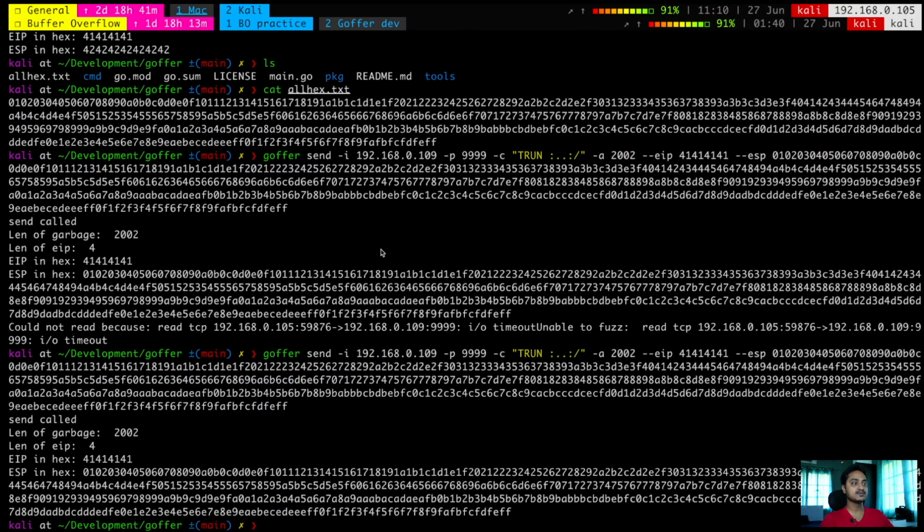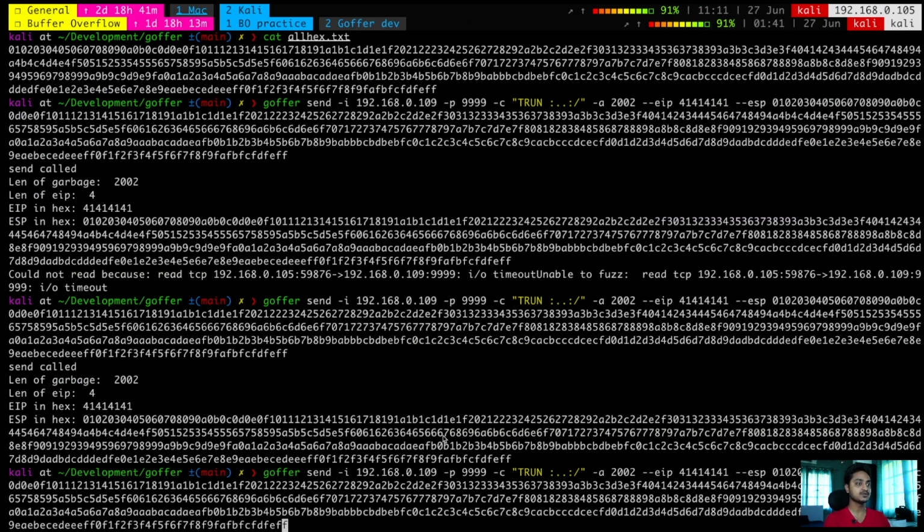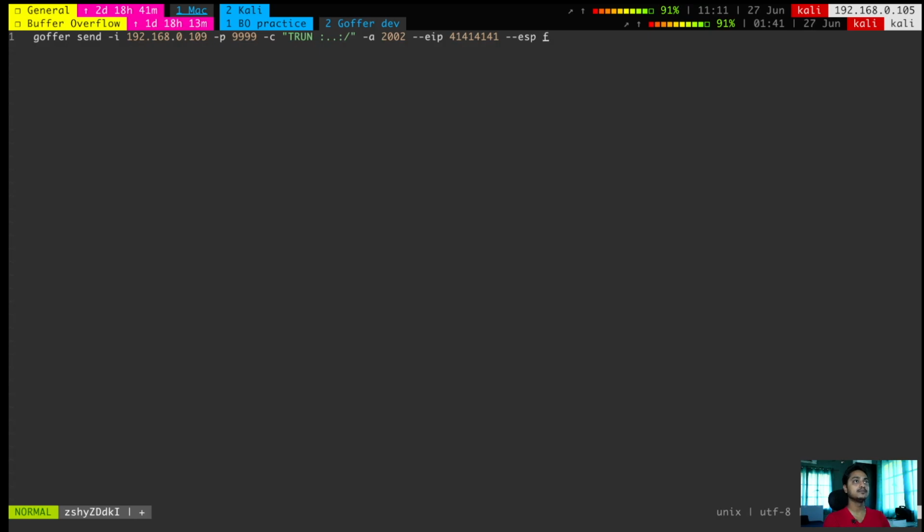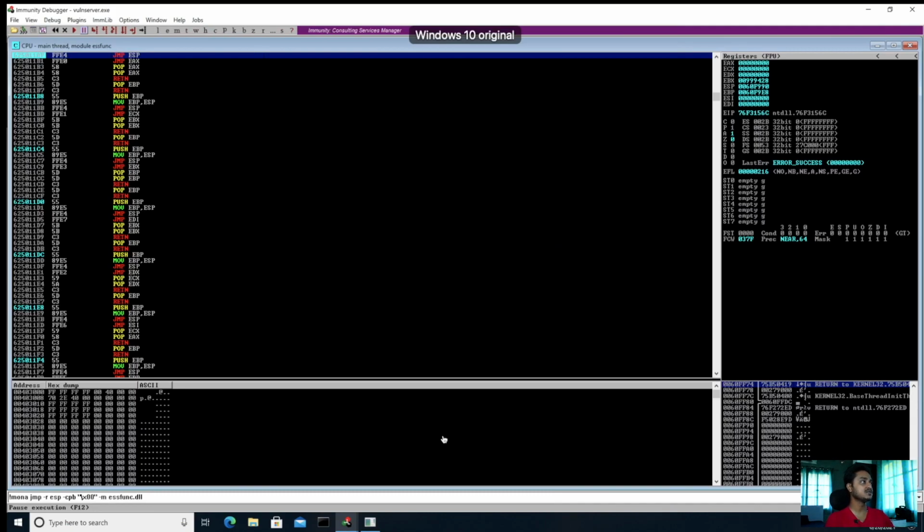So now let's modify our EIP, so that we are able to reach this place. EIP will pass the address of this instruction, which is 6550, this one, but the point is that you have to write it backwards, because that is the way Little Endian works.